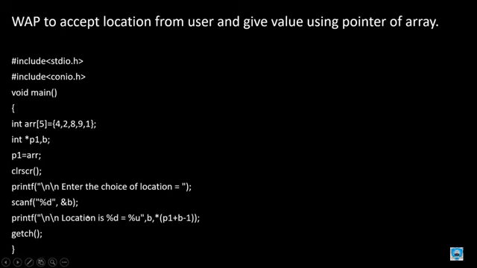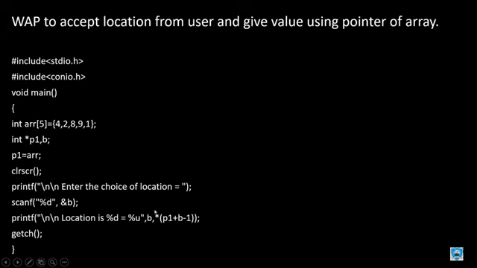If you enter into the scanf, if you enter b as 5, we know that the fifth element is 1. So 5 minus 1, it will be 4. How? 4 is stored at the 0 location, 2 at the first location, 8 in the second location, 9 in the third location, and 1 in the fourth location.